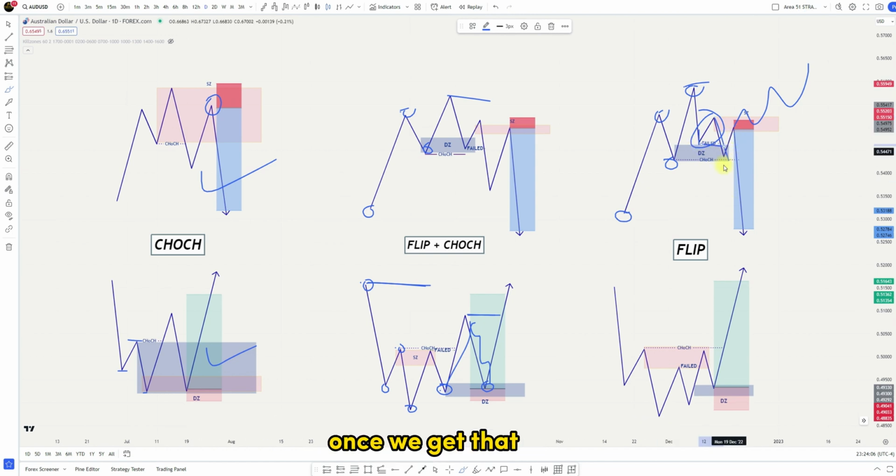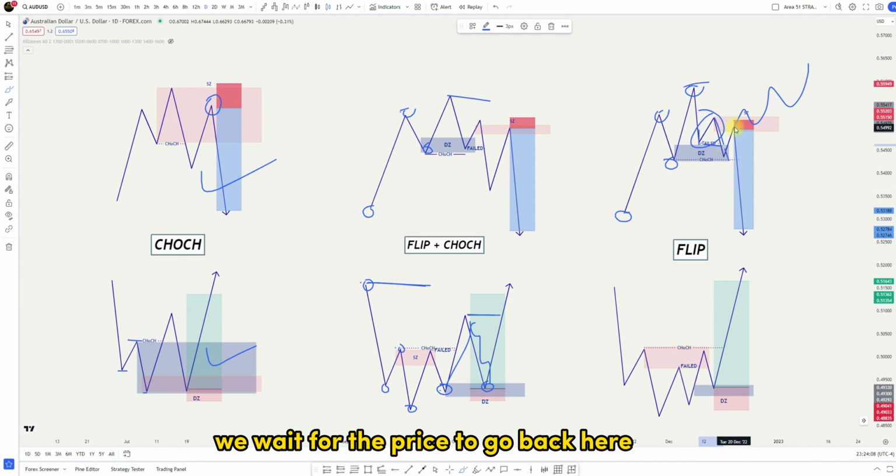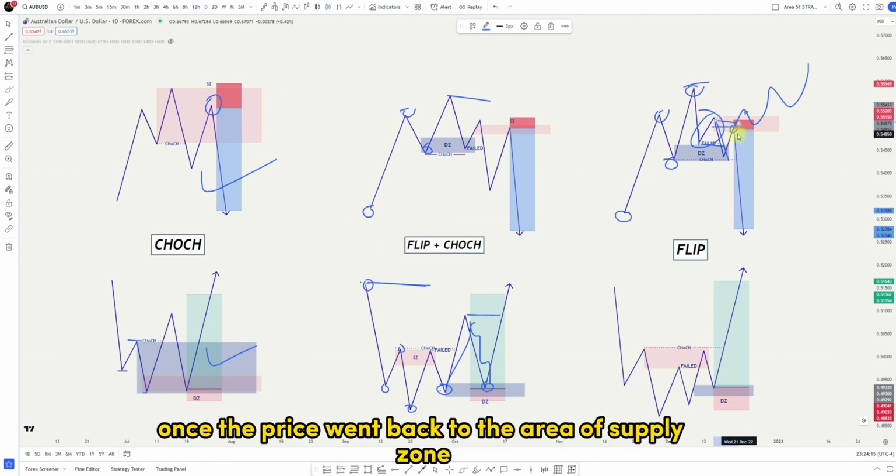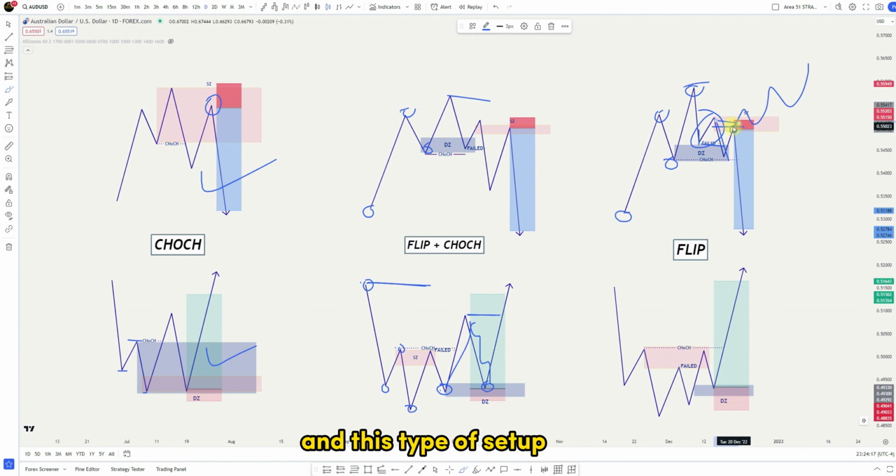Once we get that, we wait for the price to go back here, to the area of the supply zone. Once the price went back to the area of the supply zone, we ended up selling. And with this type of setup, make sure you are careful and take proper risk management on this one,